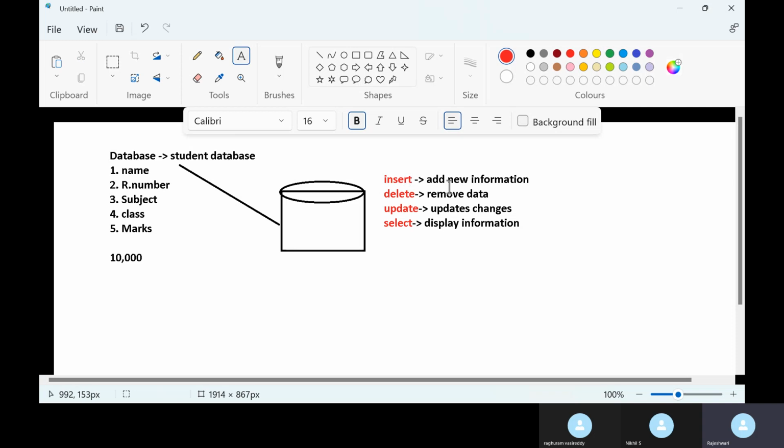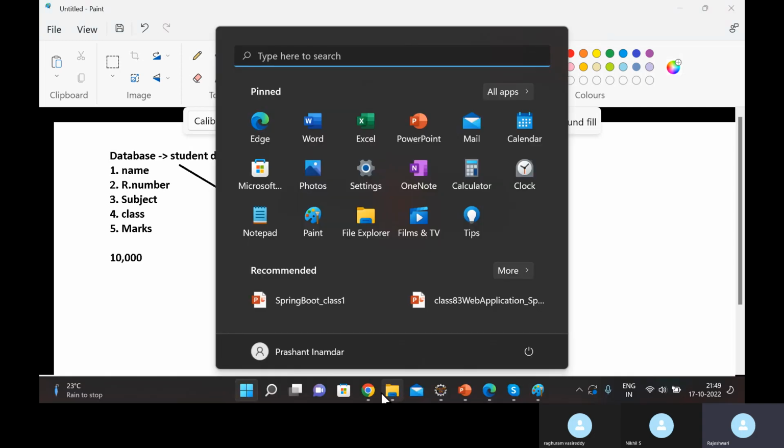So insert means we want to add new information to the database. Delete means it is no more required, so I want to delete it. And update means you want to make some changes, and you can make them using the update statement. Select means you want to display some information. All these are the basic operations on any database that you take. These are the four operations that we will be working with. Okay, so now you can go through. I will send you links. You can go through and